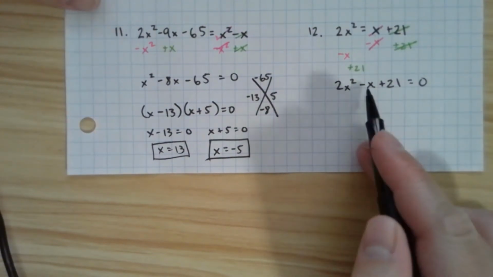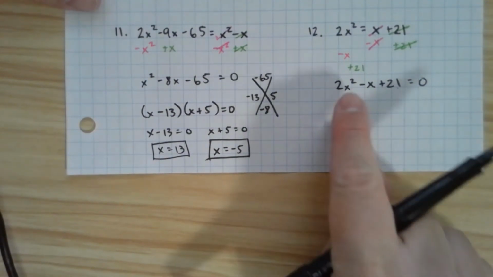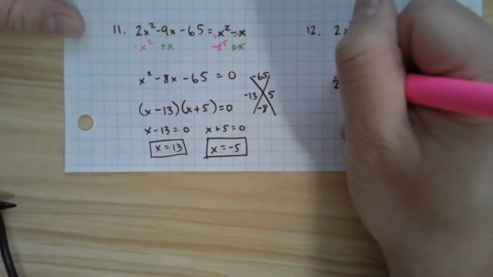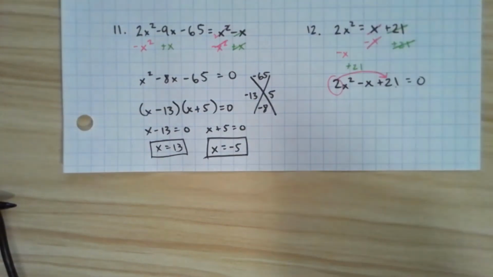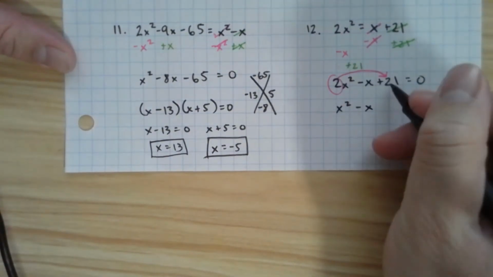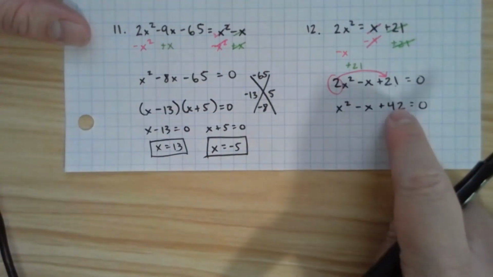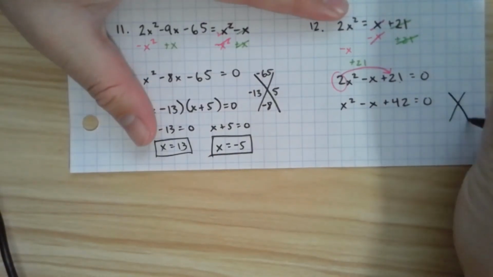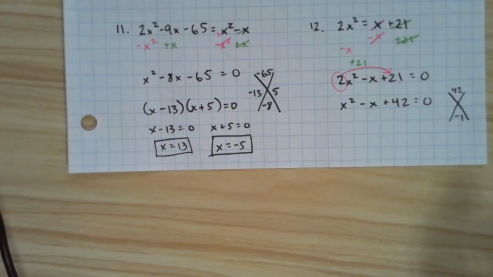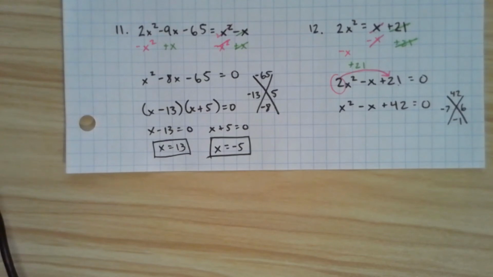You'll notice, right, I have a trinomial, 3 terms, okay? And then the leading coefficient here is 2. So then you want to check, okay, can I factor out a 2 from everything? And then you'll realize, no, I can't. So then this is one of those trinomials where you take the leading coefficient and multiply with the constant. You get x squared minus x. 21 times 2 is 42. Factors of 42 that add up to negative 1. I'm getting negative 7 and 6. They multiplied to